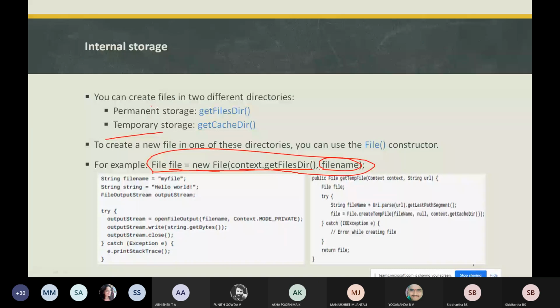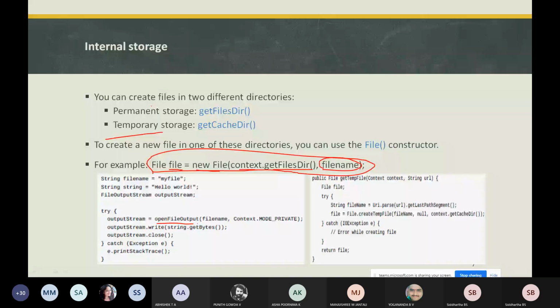There is another method besides this one: you can use the method openFileOutput. You can call this particular method and get a FileOutputStream, which is going to write to the files within the internal directory.